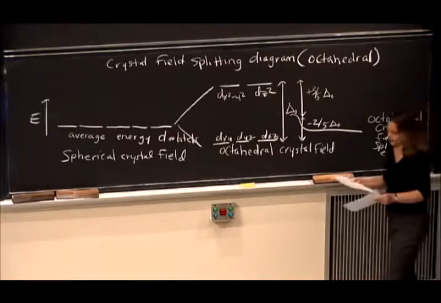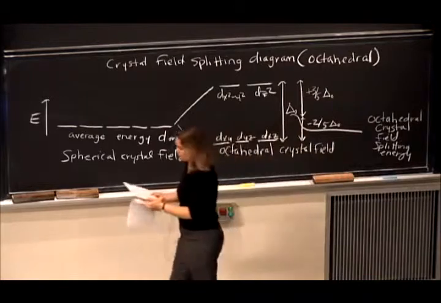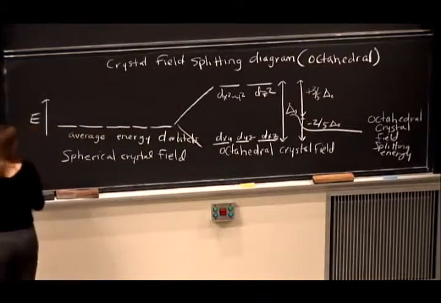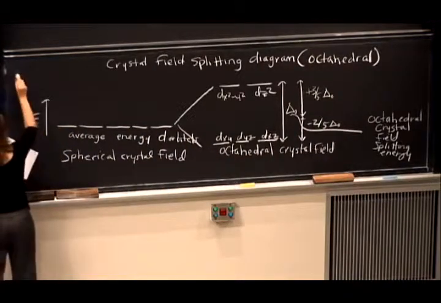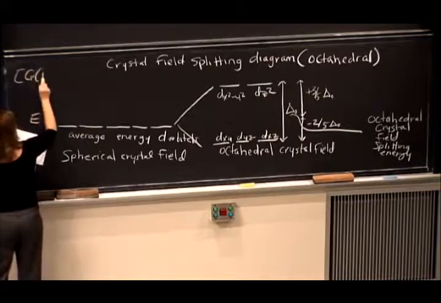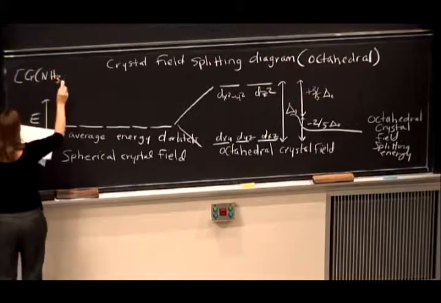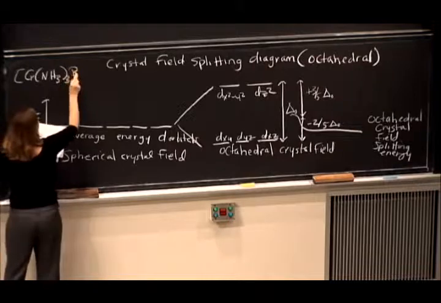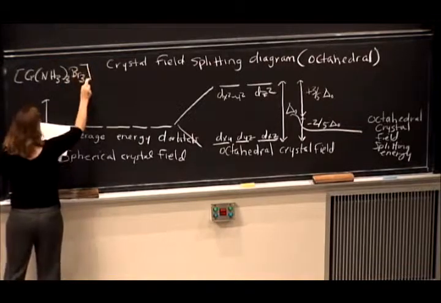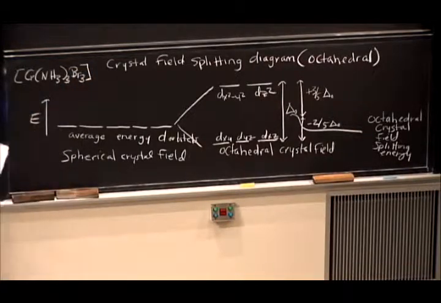And now let's look at some examples of this. So let's look at an example. And we're going to have a chromium system that has 3 NH3 ligands and 3 Br ligands. Now you tell me what the